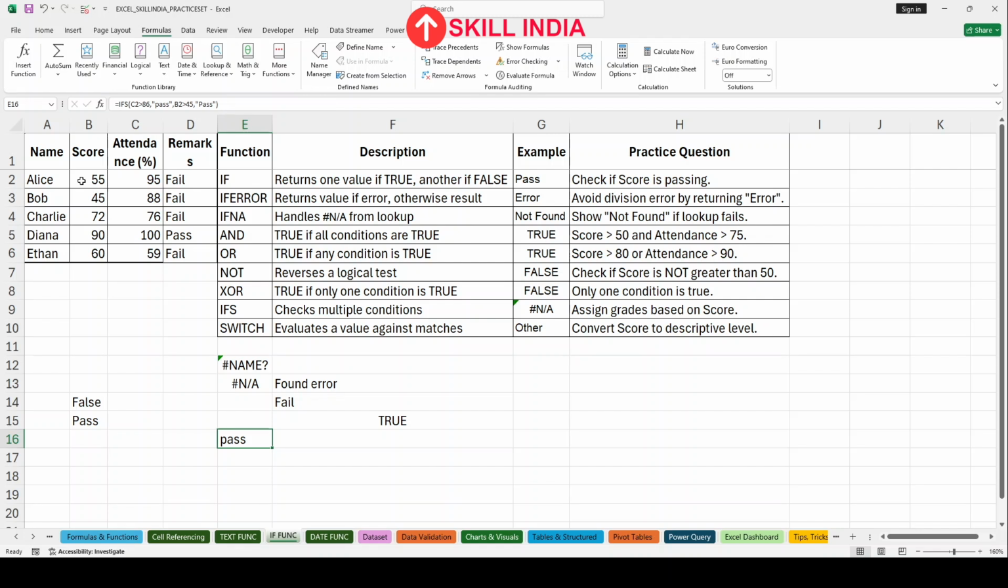The SWITCH function evaluates a value against matches to convert the score into a descriptive level. Switch is a 365 function, meaning this function appeared at the end of 2021, and it is applicable on the LTSC version of 2021, 365 and 2024 beta. Before that, in every Excel version like 2016, 2019, this function does not appear and does not work. SWITCH is an expression